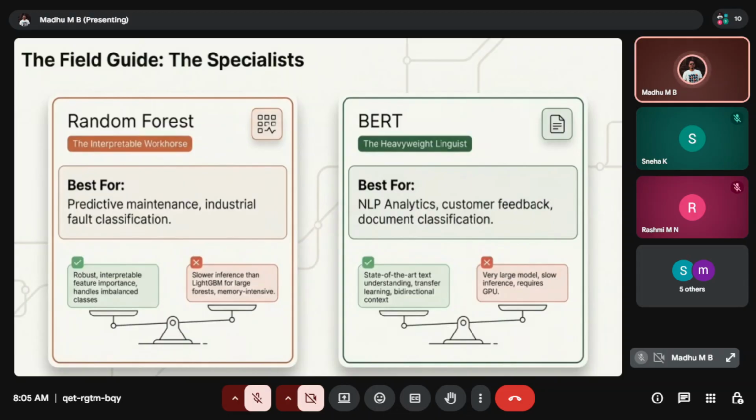Coming to the weakness part, this model is slower than LightGBM, the one which we saw earlier, and it is slower when it comes to larger datasets. Here the classification of data, we call it a forest. When it comes to a larger forest, this specific model will struggle. We have to be very careful whenever we choose a model.